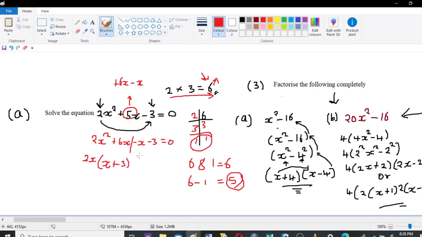How about this side? Okay, so this side you have negative x minus 3. What is the factor here? The common factor is again 1. I'm going to show it so that it opens up your mind and you understand what is happening, but you don't need to show it, because it is a unit, and we don't show a unit. All right, we'll discuss that about a unit in detail in some other lessons. So we have negative